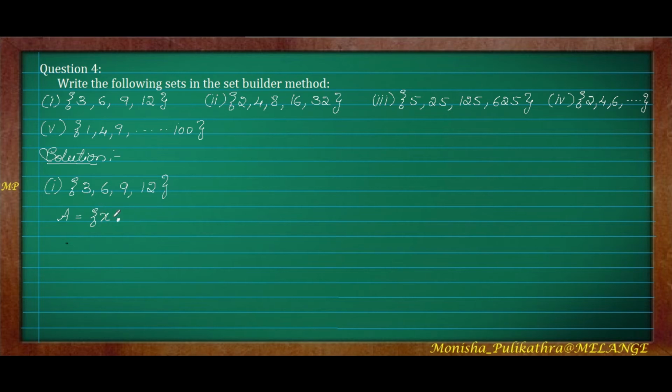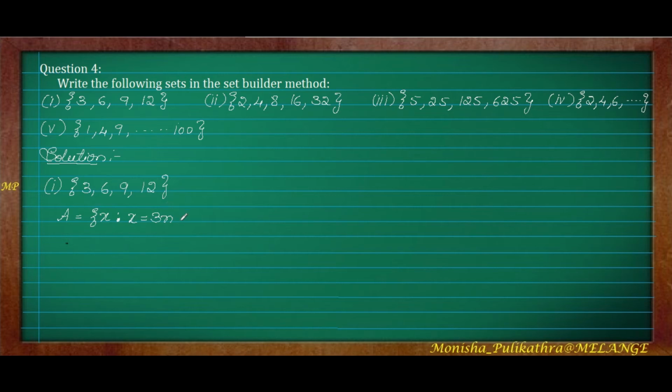Okay, X letter. So this X is equal to X, where this X is equal to, see here, 3, 6, 9, 12. So everything is a multiple of 3 itself, right? So 3 2s are 6, 3 3s are 9, 3 4s are 12. So when you multiply one number to it, this n can be 1, n can be 2, n can be 3, n can be 4 and so on. So if you go on substituting values for this n, a whole number for n, sorry, the natural number for n, we will get these numbers.